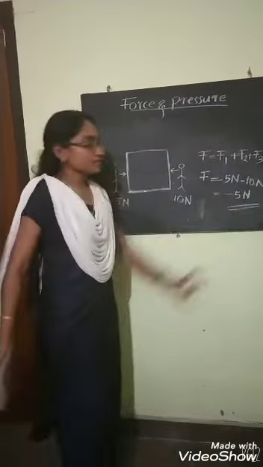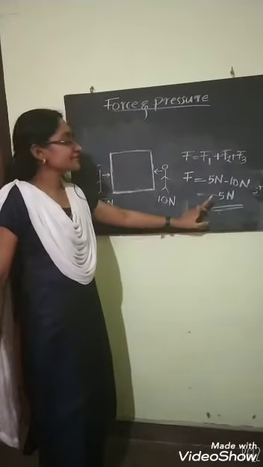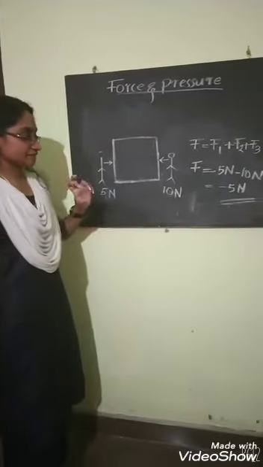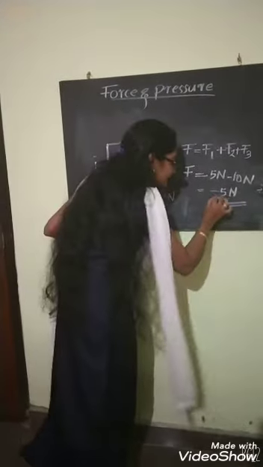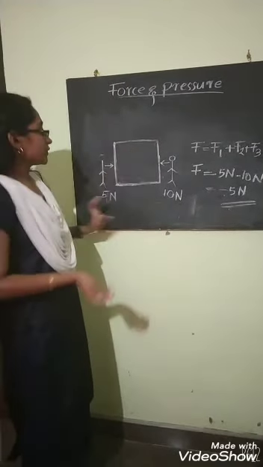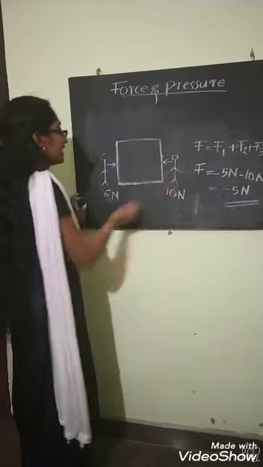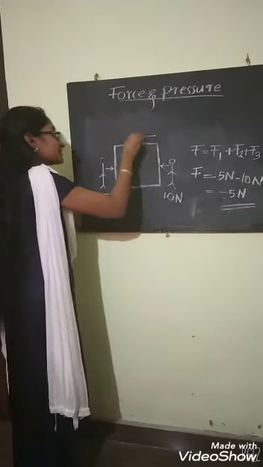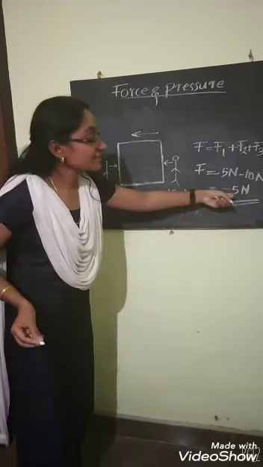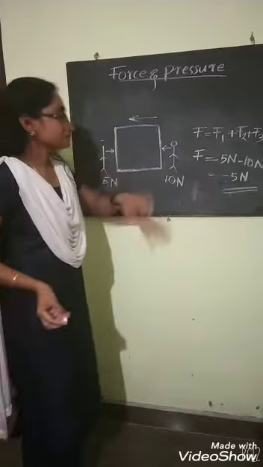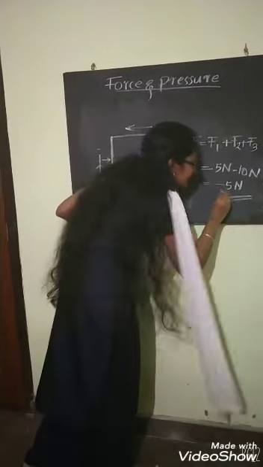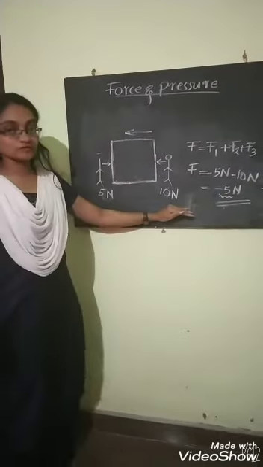Then you may think where this minus comes from. This minus indicates the direction of the force acting on this object. You know this force is higher, and what happens? The push in this direction will take place on this object with a magnitude of 5 Newton. We can express the value of force with the magnitude of the force on this object.